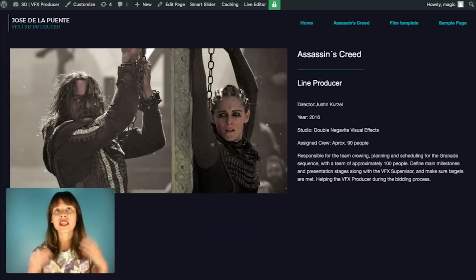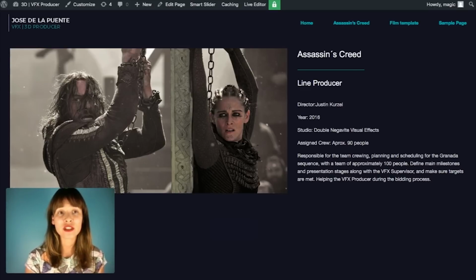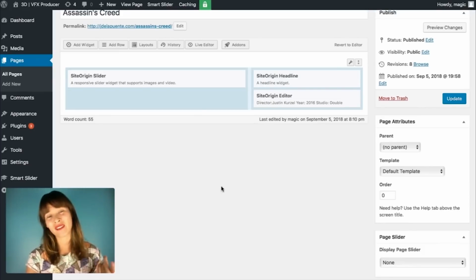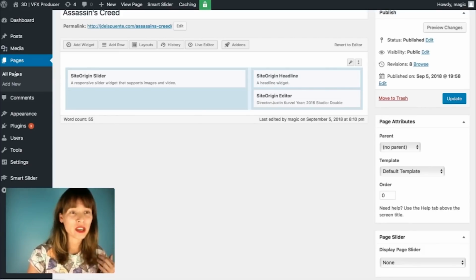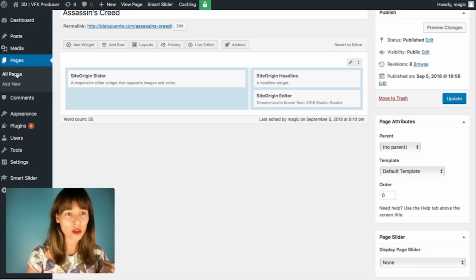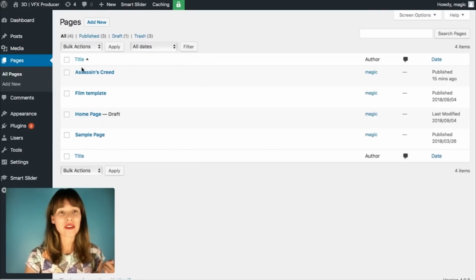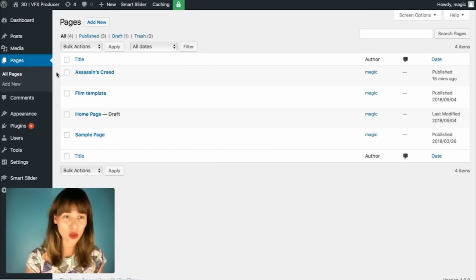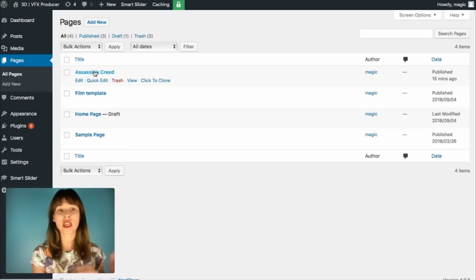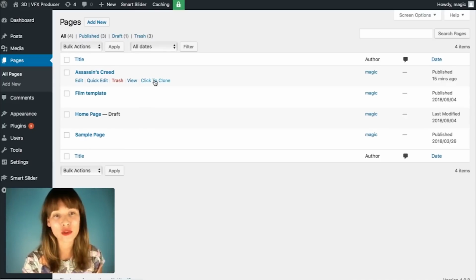Instead of creating a page and doing the layout again and again, then I recommend you to install a plugin that clones post and pages. So I'm going to go back here in pages and show you. Here I have the name of Assassin's Creed, which is the page that we have just created. So if I bring my mouse on top of it, I have some options like edit, quick edit, trash, view, and click to clone. So if I click to clone,